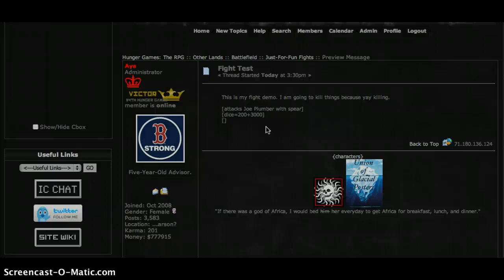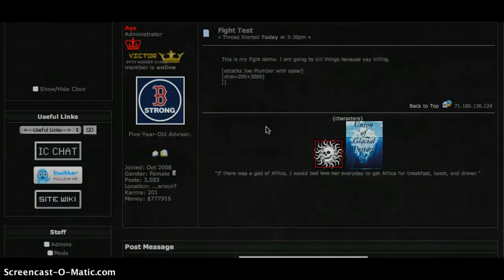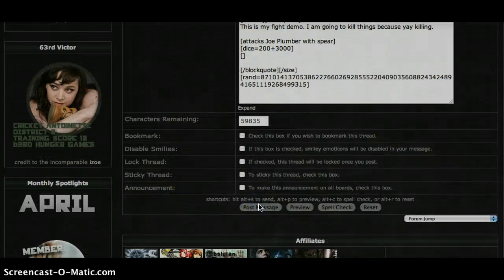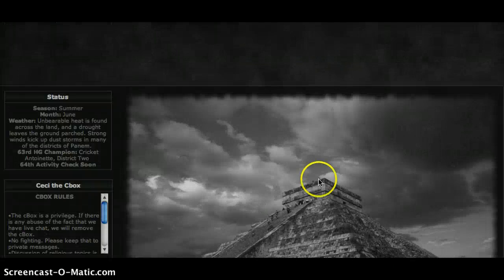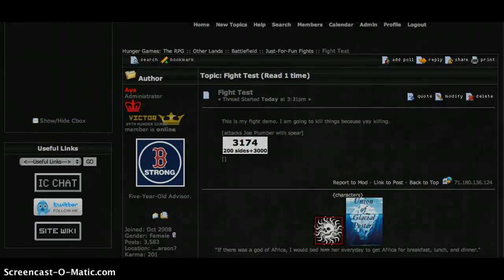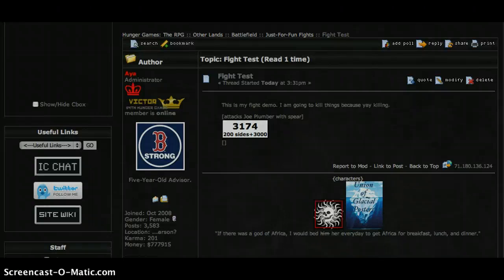Obviously you wouldn't do that with a spear, but you get the point. So you need to actually hit post message, and you'll see that long string of random numbers. I don't know entirely what that does, but it's part of the code, and that's how it sees what happens. So you get your actual attack number, 3174.